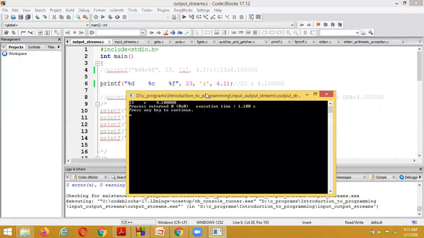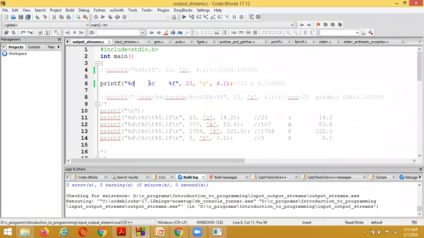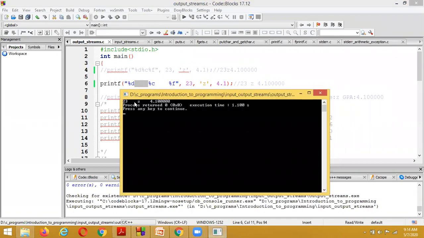Now it is displaying 23. Here I have indicated some space before percentage c, so the space is also displayed. After some space it is displaying Z, and after some space it is displaying